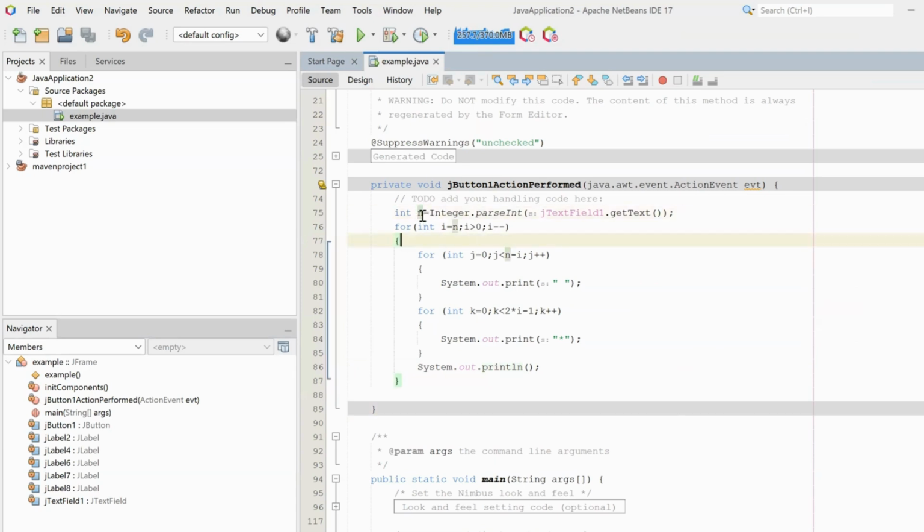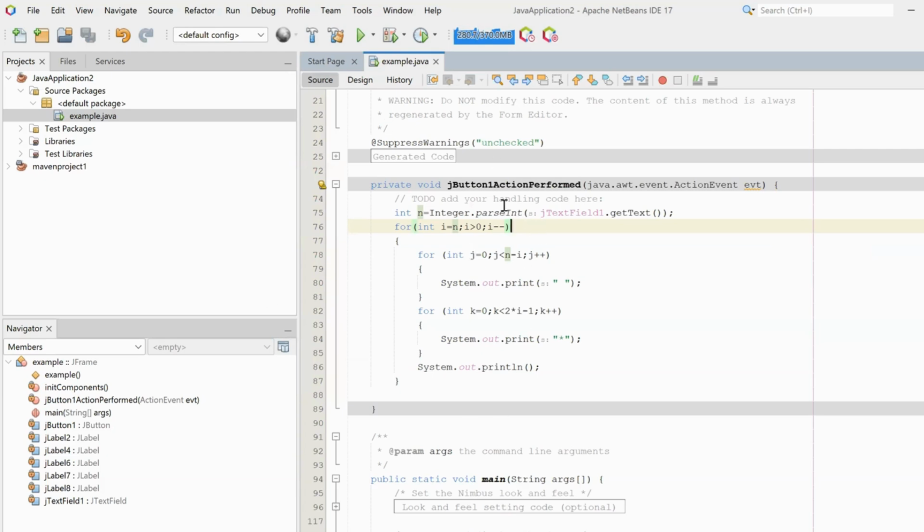For example, if the row is 5, we are initializing i with 5 and the loop should run till i is greater than 0. That means the loop will run 5 times, which is 5, 4, 3, 2, and 1. Why? Because we are using i minus minus. In the first run, it will be 5.